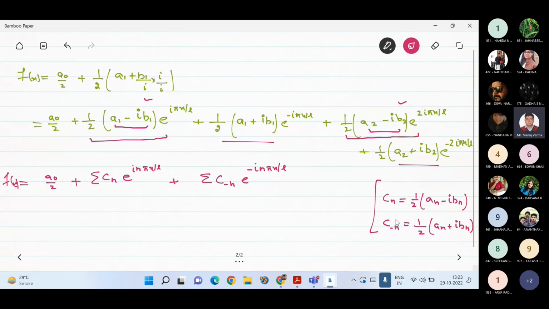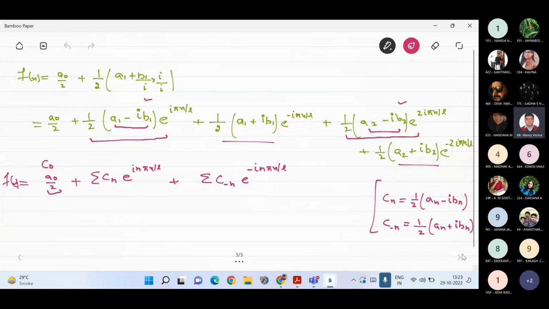So, okay, this a naught by 2 can also be written as c naught. So it will be c naught plus summation Cn e raised to the power iota n pi x by L, and for c minus n also. And this C naught, okay,